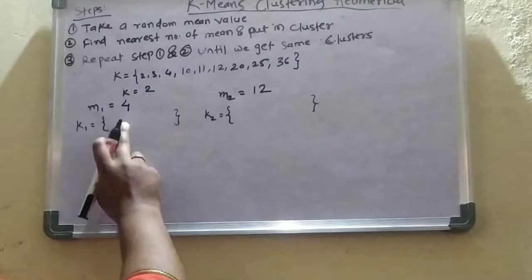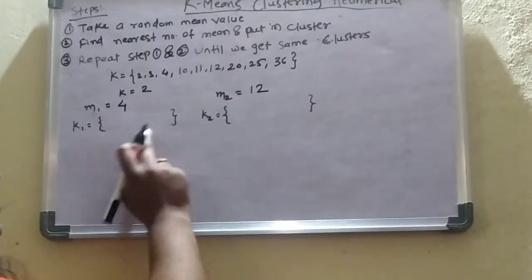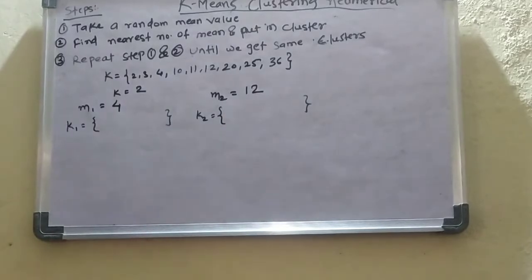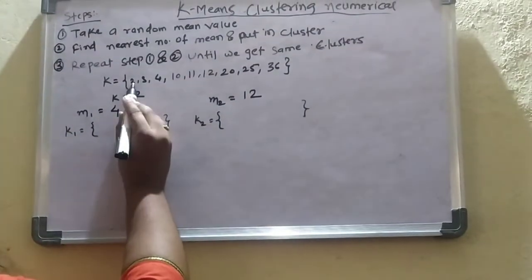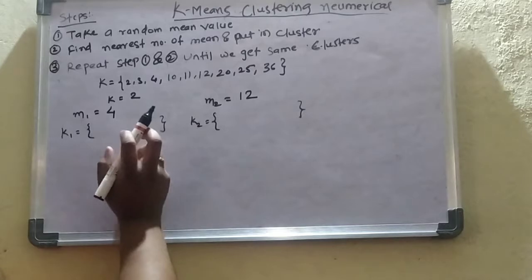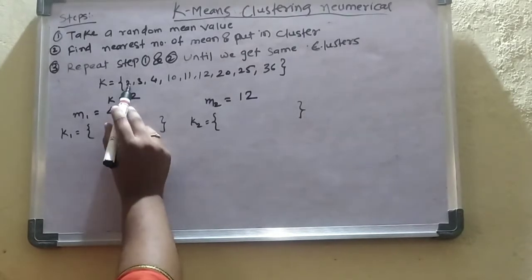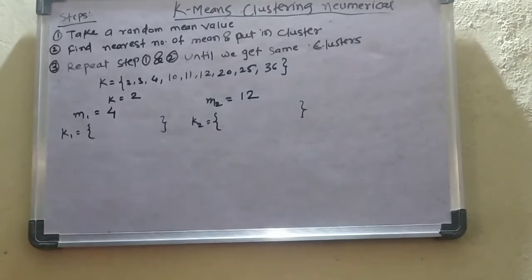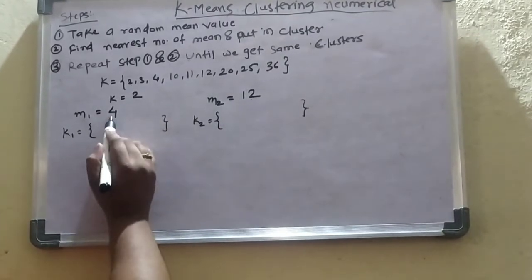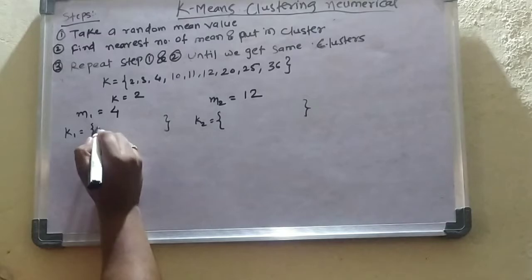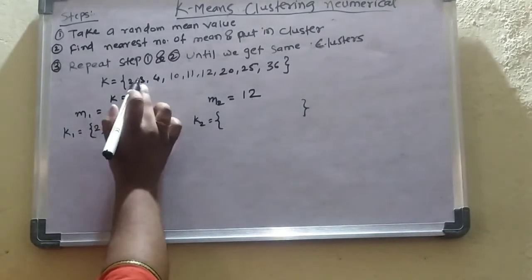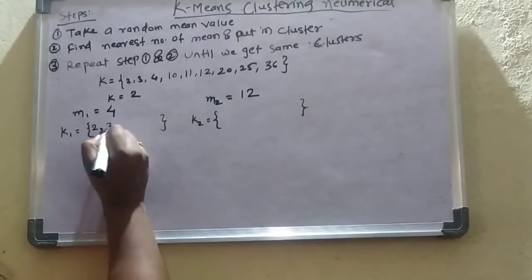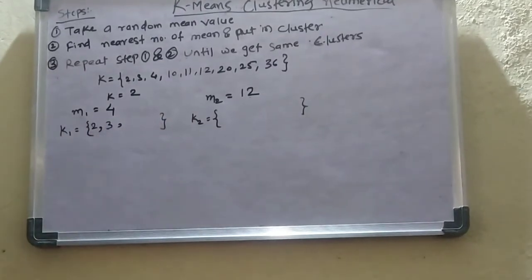We will divide the data points into these two clusters by using these two as the mean values, or the center points of the clusters. Now how to divide it? We have to see for each data point which mean value it is closer to. If we subtract 4 from the first data point 2, we get 2. Subtracting 2 from 12, we get 10. The smaller value means it is closer, so we put the first one here. Similarly for 3, 3 minus 4 is 1, and 3 minus 12 is 9, so it is closer to this one. In the same way, we divide all the data points.